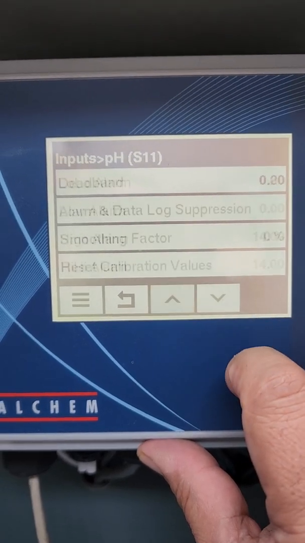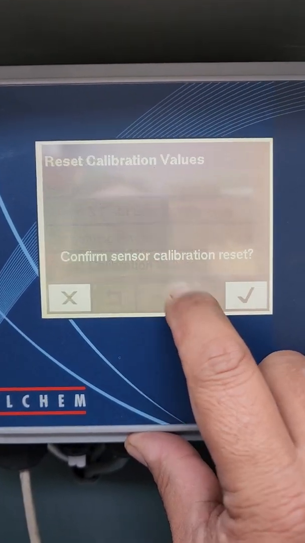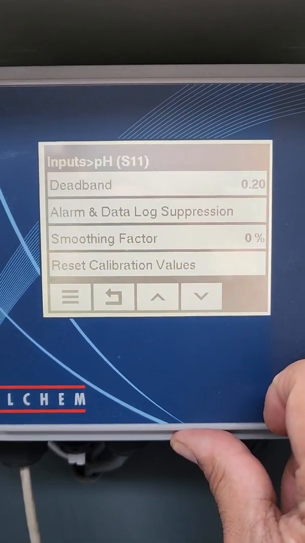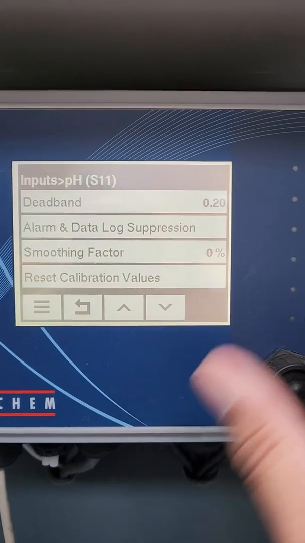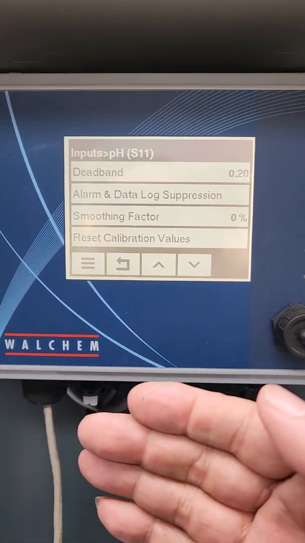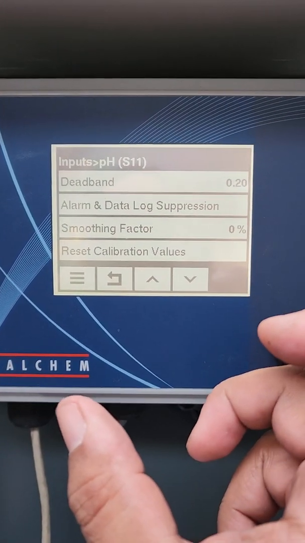Again, scroll down one and you'll see reset calibration values. We're going to click on that and confirm. Yep. And now what you've done is you've just reset the values back to like it was coming out of the factory. And so when you put in a new probe, it's going to have no pre-existing values for